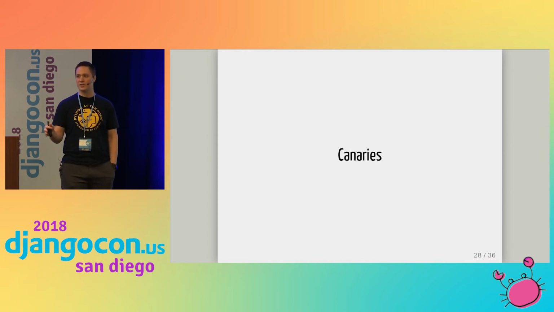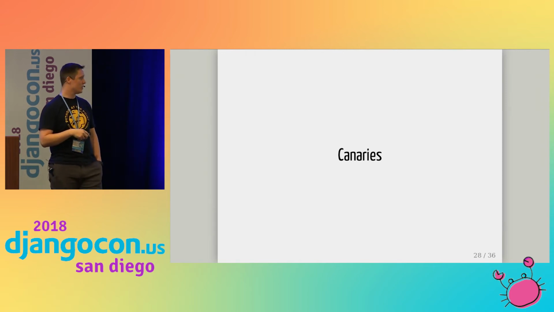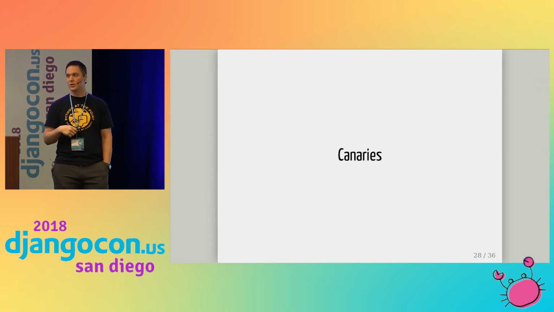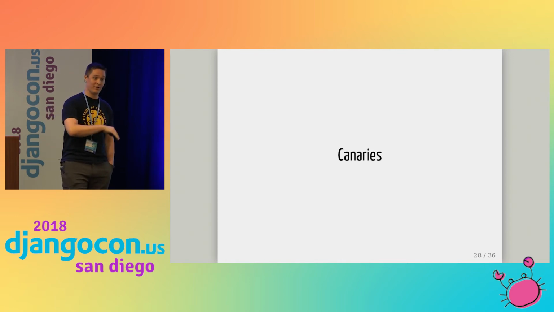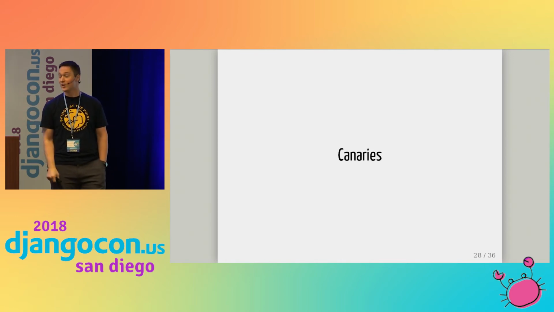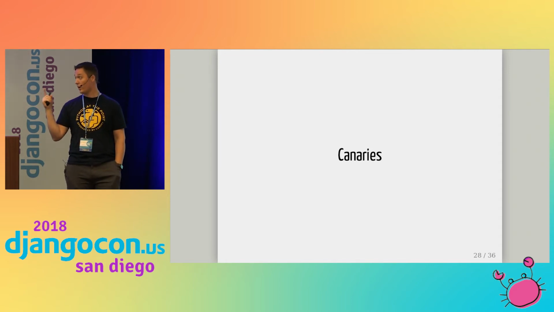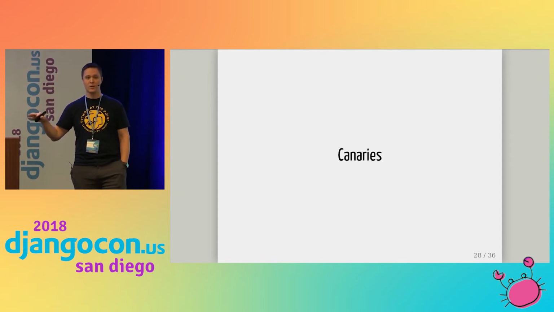The next is Canaries, and this one requires a little bit of a precursor. In the deployment realm, there are actually two canaries. One is what Amazon calls a canary, and one is what Google calls a canary. And they're actually two entirely different things. So this gets really confusing sometimes. I'm going to talk about both of them, but this one I will reference as Amazon's canary, which is basically